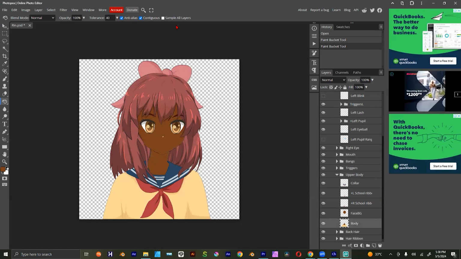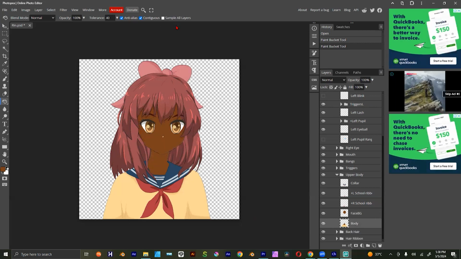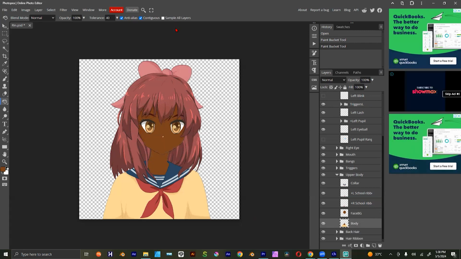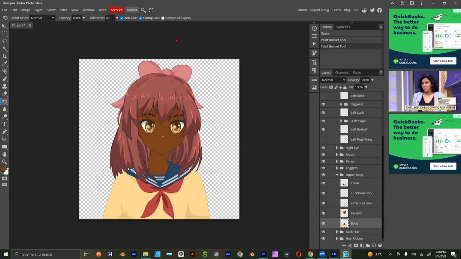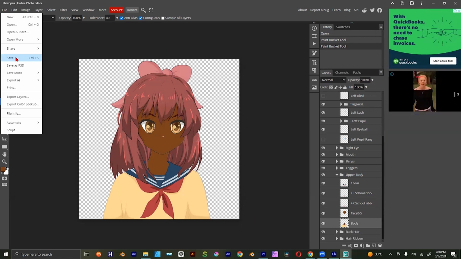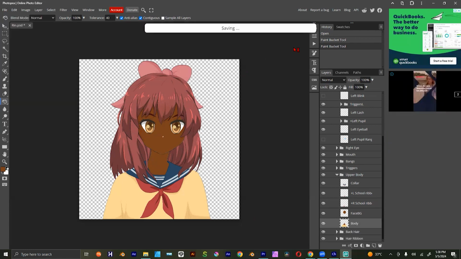Although I think Photoshop works better, to be honest, so you actually have to install Photoshop. Because I know there are some issues that this thing has because this is not actually Photoshop. But yeah,